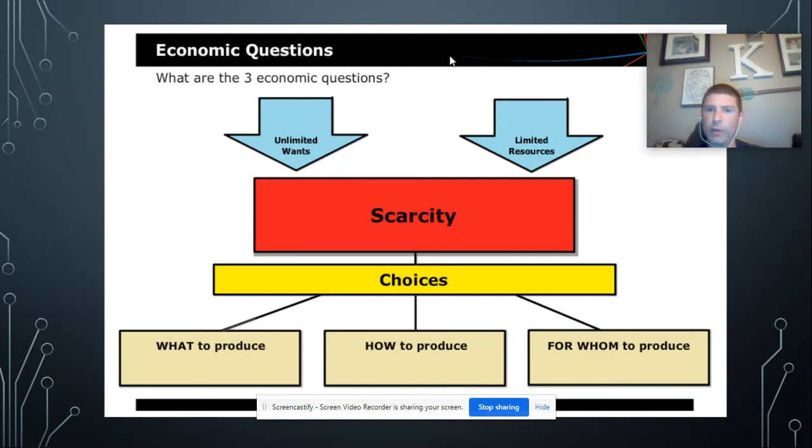But then if you look over here, it says we have limited resources. And that's not just the supplies, but we also have a limited amount of labor. We have a limited amount of education to some degree. Which leads to scarcity. Scarcity just means when there's not enough of something. So we have to make choices. And those choices bring us to the decision of what to produce, because you can't produce everything. You're going to have to make decisions about what to produce in an economy.